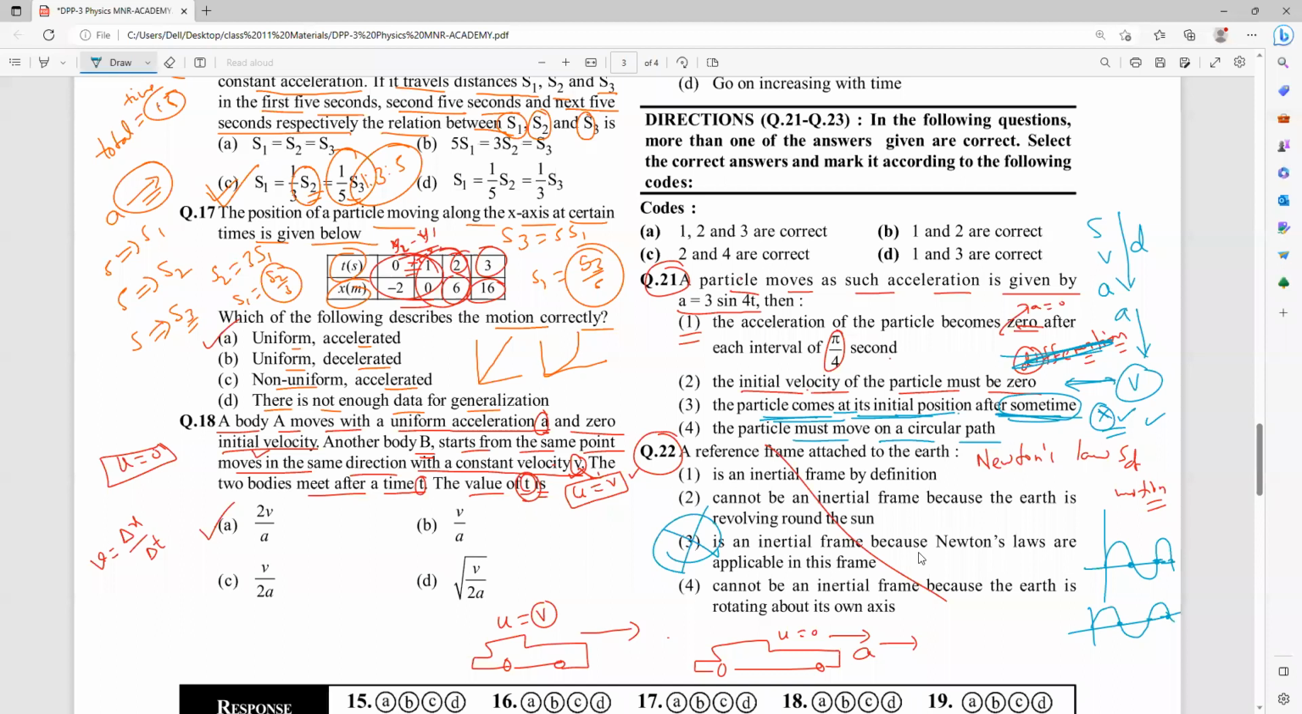And the last one, the particle must move in a circular path. Is it moving in a circular path or is it moving in a sine path? It is moving in a sine path, because we got s equal to minus 3 by 16 sin 4t. So the given function is a sine function. So the body is not traveling in a circular path. So I can avoid that. So now